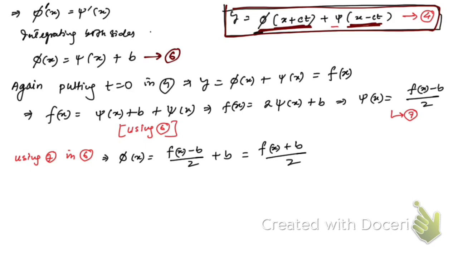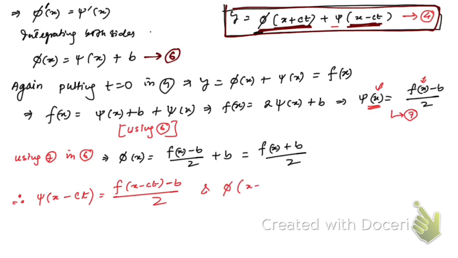So therefore, psi of x plus ct. So here we have x minus ct. So let's find psi of x minus ct. Now psi of x is this one. So if you put here x minus ct, then this x should be also replaced by x minus ct, right? And then this is going to be equal to f of x minus ct minus b by 2, and similarly